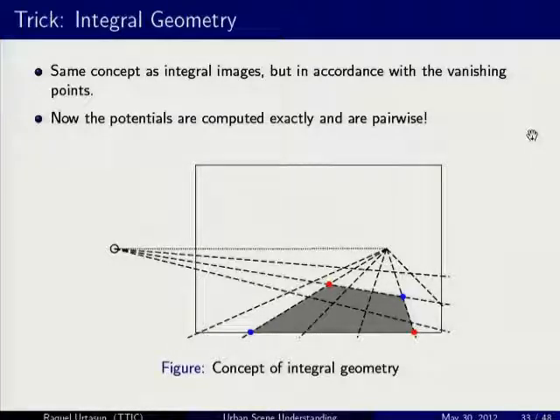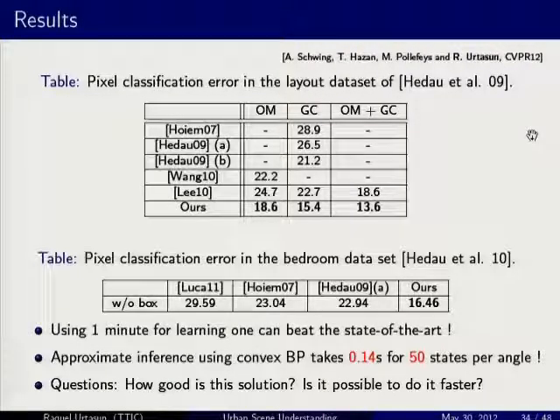And by doing this, I can obtain the same potentials that people used in the past, but now they are decomposable into pairwise potentials. And they're exactly the same energy function. There is no approximation whatsoever here. There are no latent variables. There is nothing like that. Okay. So the nice thing about this is that now you can do efficient inference in this model. And the fact that you can do efficient inference is important not only because you're going to be faster, but also because before, since you have very high order potentials, you have to discretize your problem very crudely.